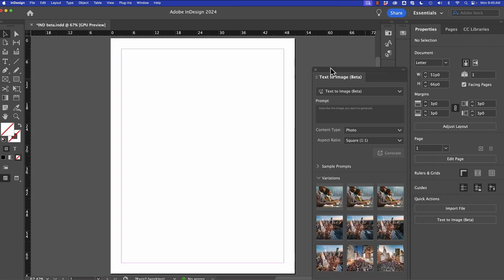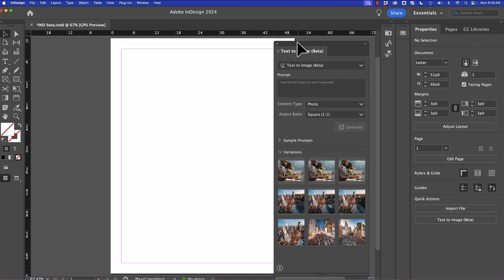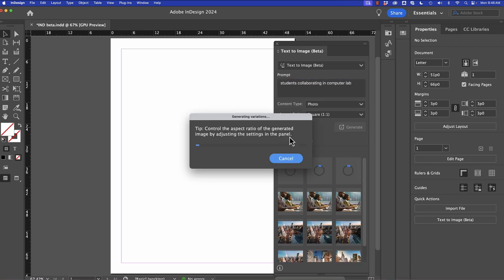Now, since this is in the beta, I would suspect that some of those might change, so just keep an eye on it. So I am going to add in my prompt, and we'll click Generate. Now you can see previous generations that I have had down at the bottom, and we